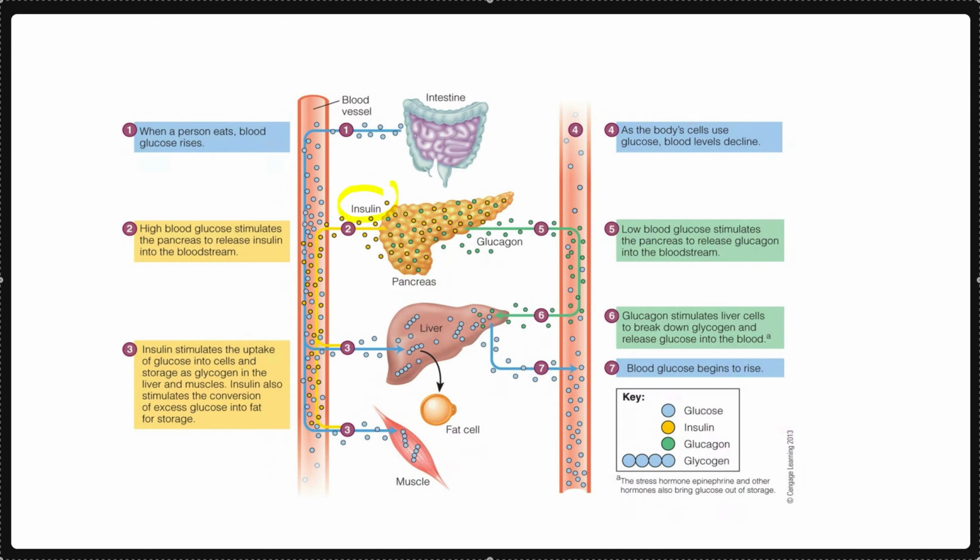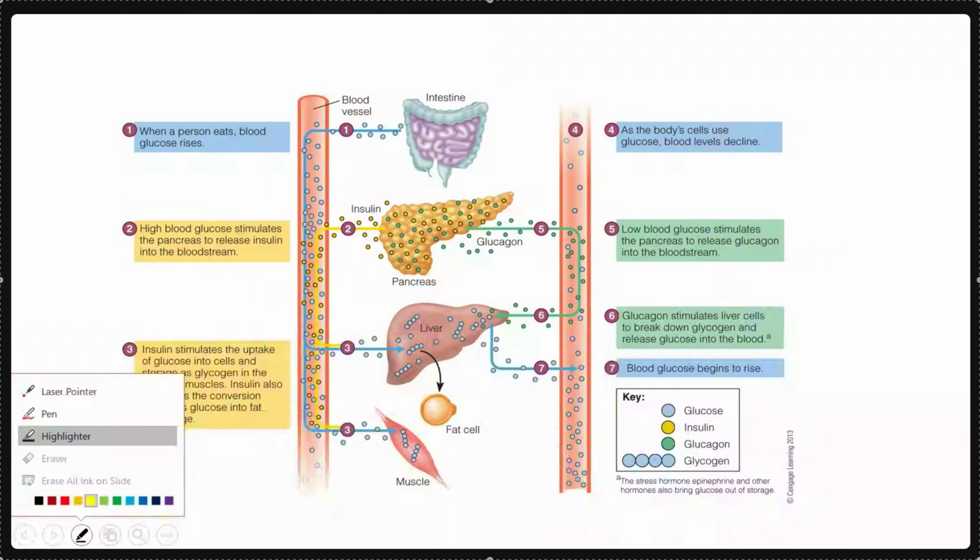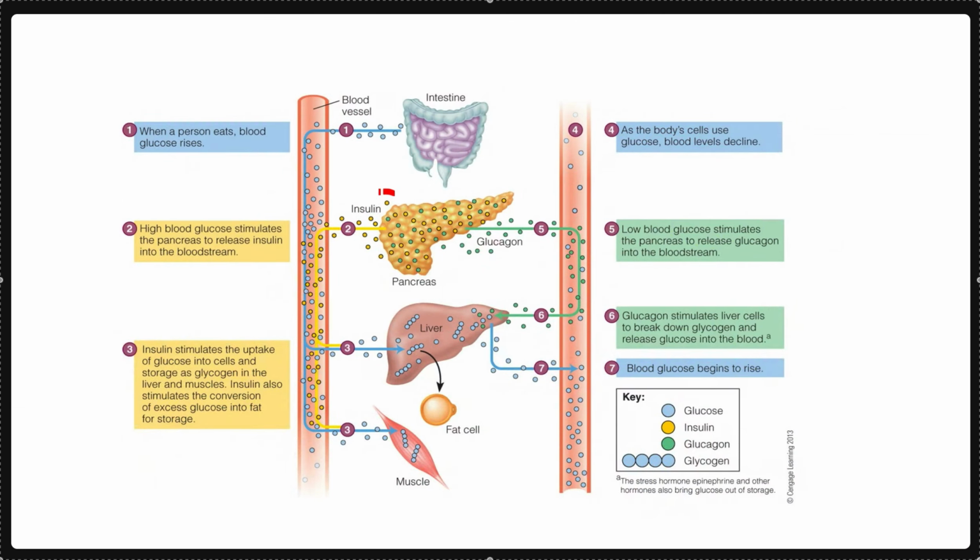Okay, yellow is hardly visible. Let me use a different color. Yeah, let me use red. Number 1 is insulin. I believe you can see where I've marked red. And then number 2 is glucagon. But let's focus on number 1,